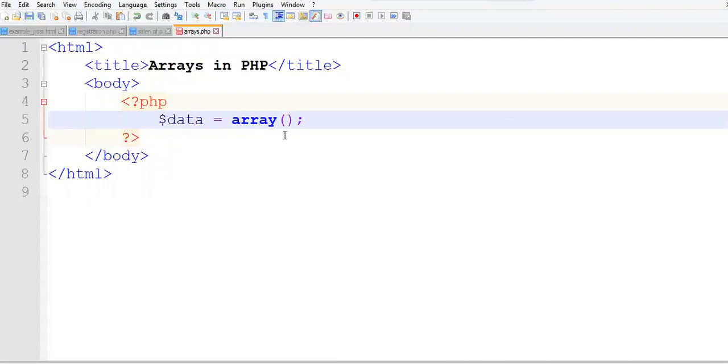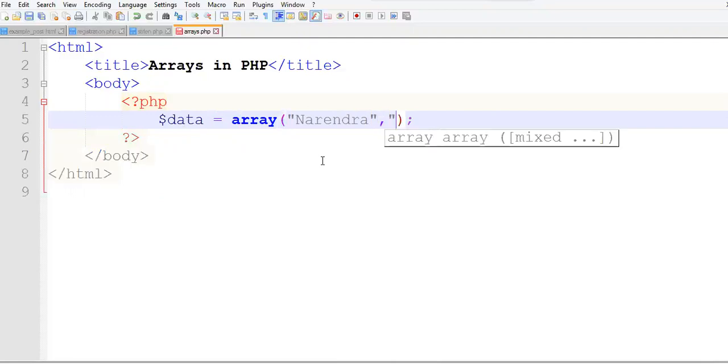Now we can store our values inside this array, that is inside the variable $data. So let us give the values here. We are supposed to give the values within the brackets. This is my first value, Narendra. Since it is a string, we have to give it in double quotes.